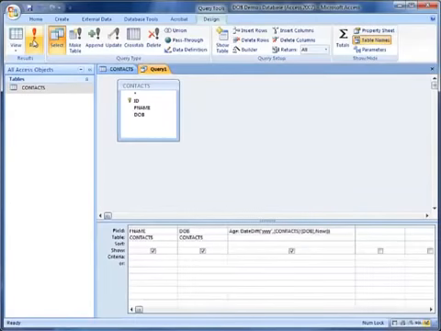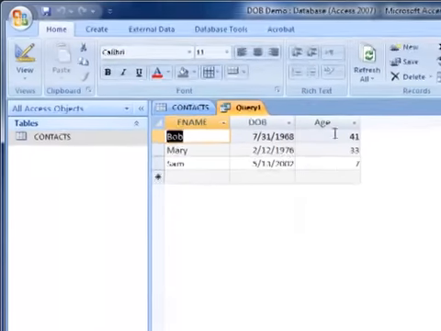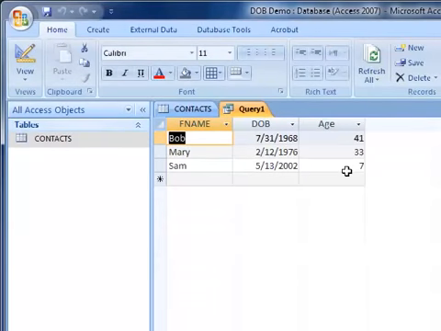We can run it. When we run it, you see there is the age calculated by how many years have passed between today, which is now, and the date of birth. Now if we had typed in weeks, it would have said how many weeks have passed since this week, as the time I'm doing this, and this date. If we had typed in days, it would have given you how many days have passed between today's date and this date. So it's a very flexible